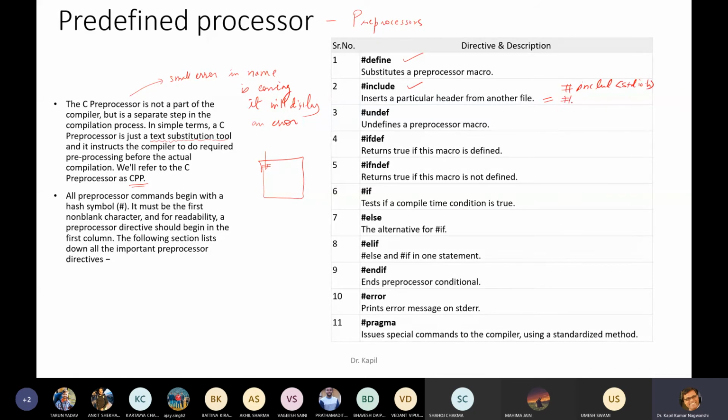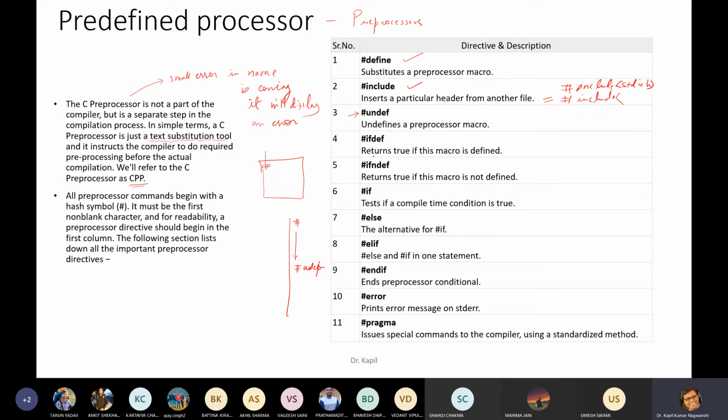You can use it locally or globally. Then undef undefines a preprocessor macro. Whatever we have defined previously can be undefined, because sometimes in a program we define a macro and now we do not need this macro. For this purpose we use undef.